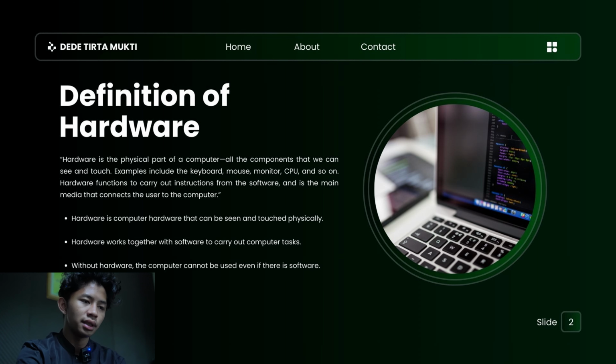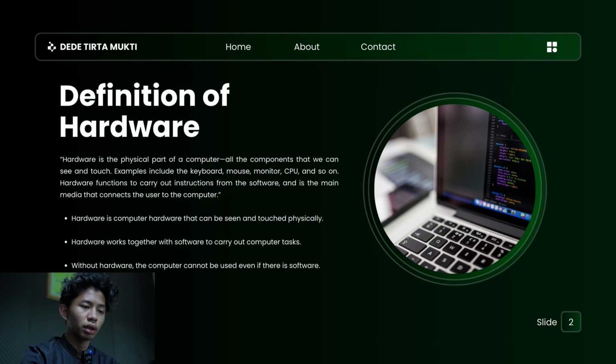Hardware is the physical part of a computer, all the components that we can see and touch. Examples include the keyboard, mouse, monitor, CPU, and so on. Hardware functions to carry out instructions from the software and is the main medium that connects the user to the computer.